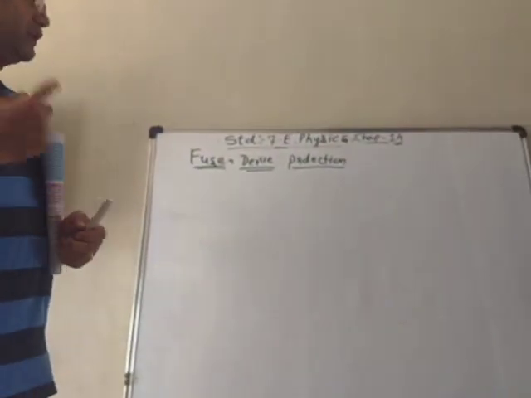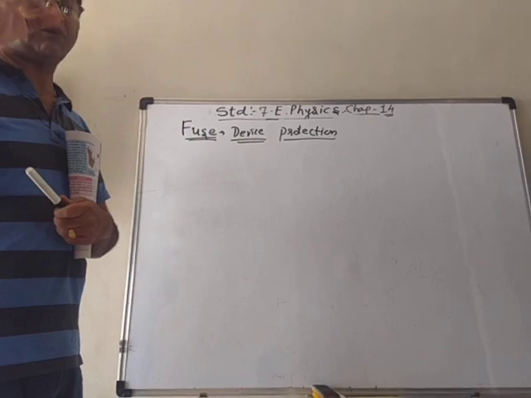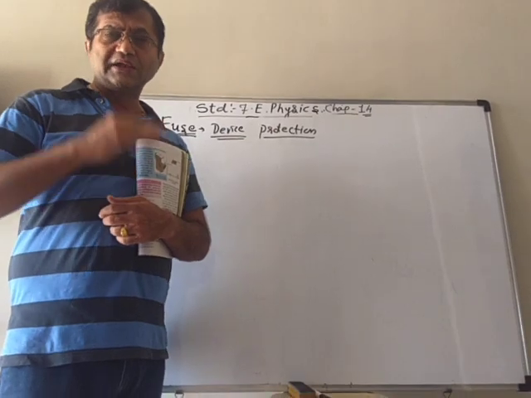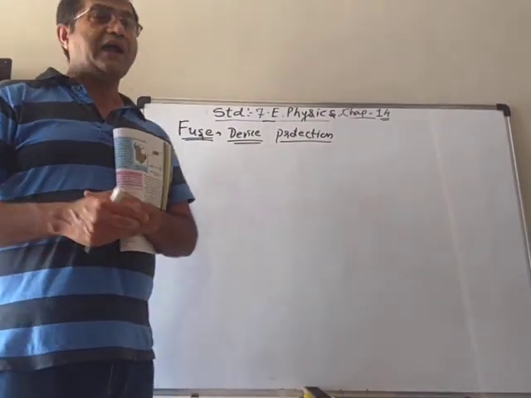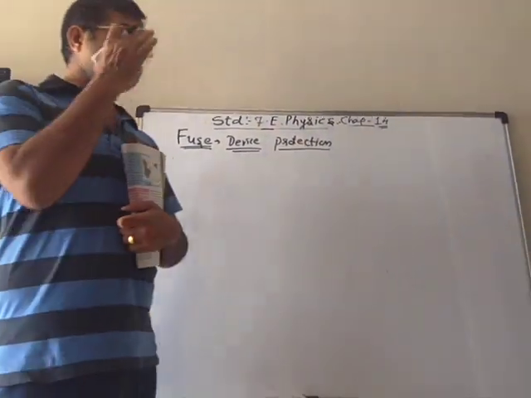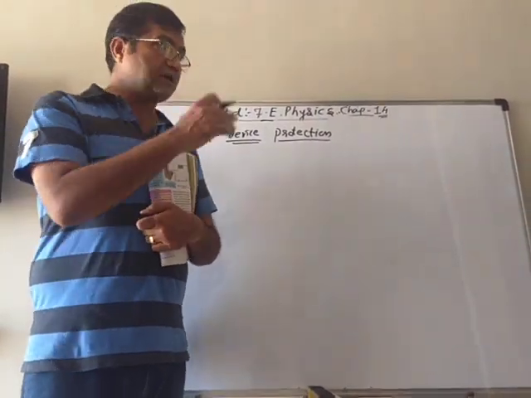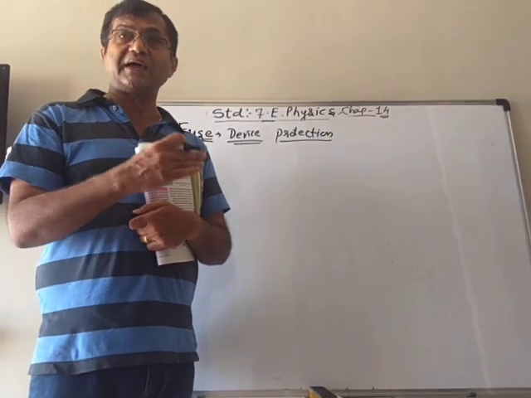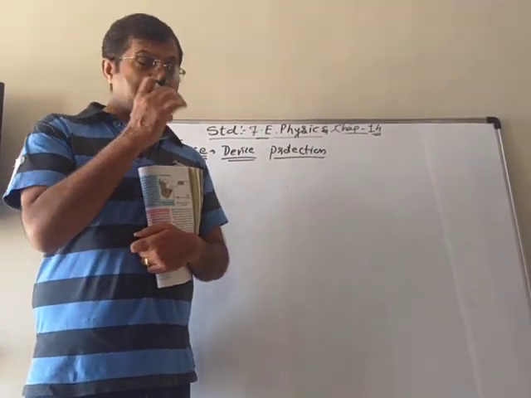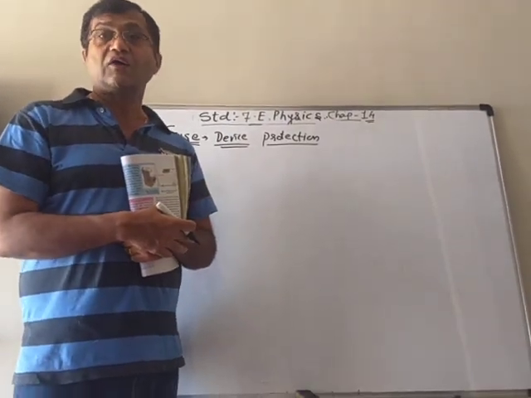Now, what is the use of that fuse? In the fuse, a wire is used, like the nichrome wire, whose melting point is very low, just a little higher than room temperature. And what is the use of it? Sometimes we know that the capacity of electric appliances is generally mentioned on the appliances. It means they can bear electric current only up to some extent. They have some limit. Now, if the current is more than that, then what happens?